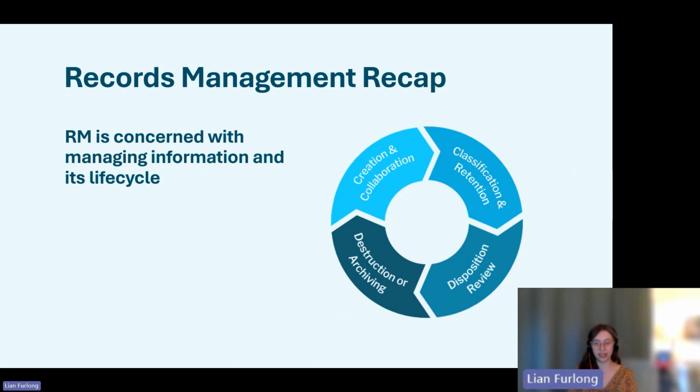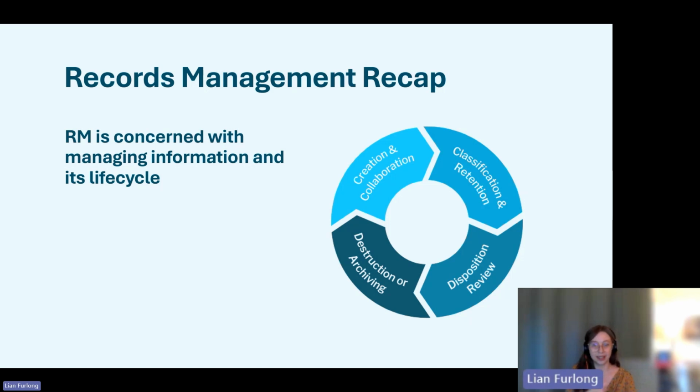Records management is really about managing information in the idea that it has a life cycle. So it's created, it's collaborated upon. At some point, it stops really being worked on. It's final in that sense, and is ready to start classifying and put against its retention period. After that retention period, whatever that might be, in concert with legislative requirements, business requirements, it funnels through a disposition